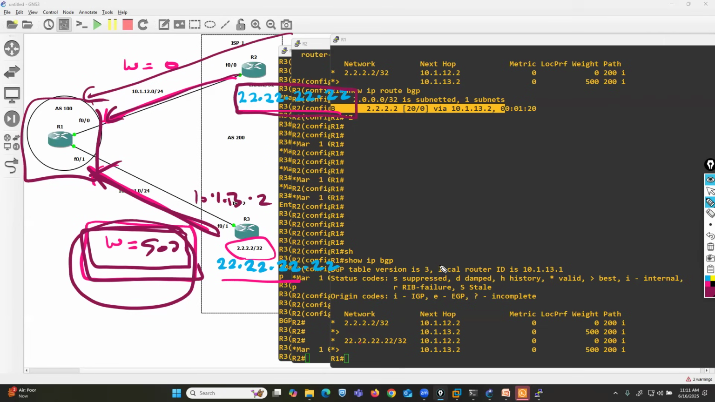For all the other routes coming from this side, no problem. But if you talk about this particular destination, 22.22.22.22, I want to receive it via the other side, and I cannot increase the weight. Clear this point? So what I can do, if you remember route map configuration,